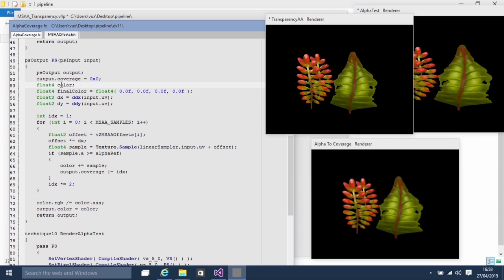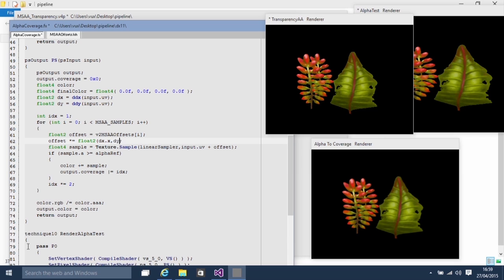So now you have this, that's the derivative, which allows you to get a small XY offset. You start with this index. You can do bit shift, or multiply, that's the same. You can choose, because you have to write a bit mask. So for each sample, you get the offset for the sample. You have to multiply by the derivative. And actually it should be float2